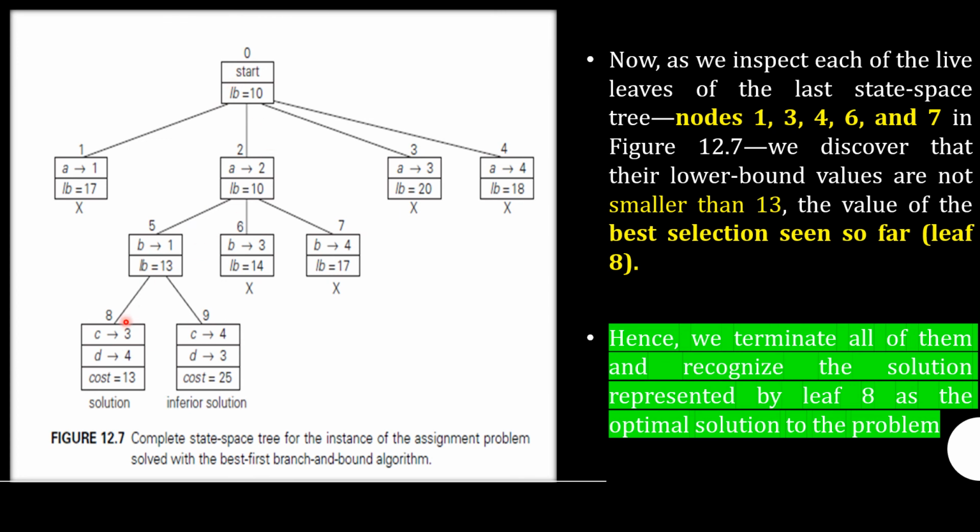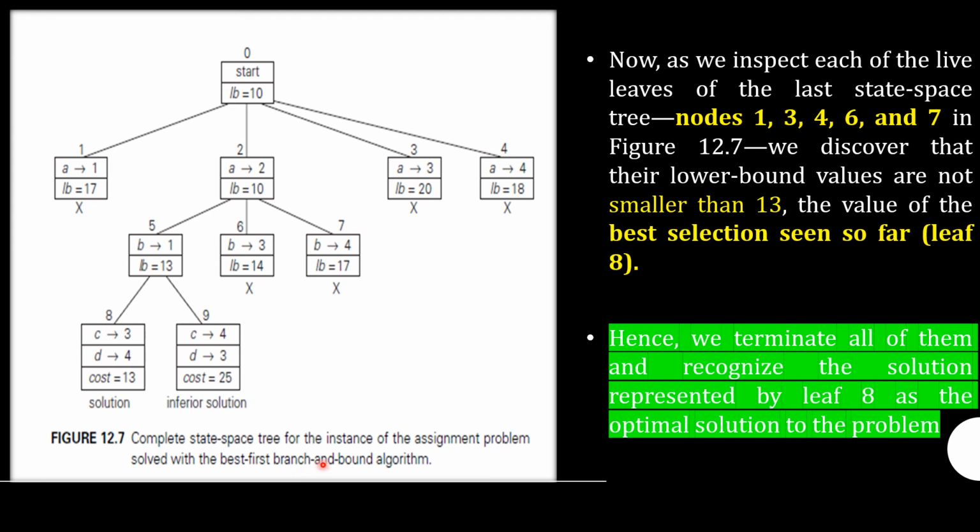So this is how we need to find a solution to the assignment problem using branch and bound. That means we have to find an optimal solution. If the nodes are not promising nodes, that means they don't yield an optimal solution. If that is the case, we have to delete or terminate that node from the state space tree. And if the node gives an optimal solution, we have to recognize it and write the solution with respect to the assignment problem.